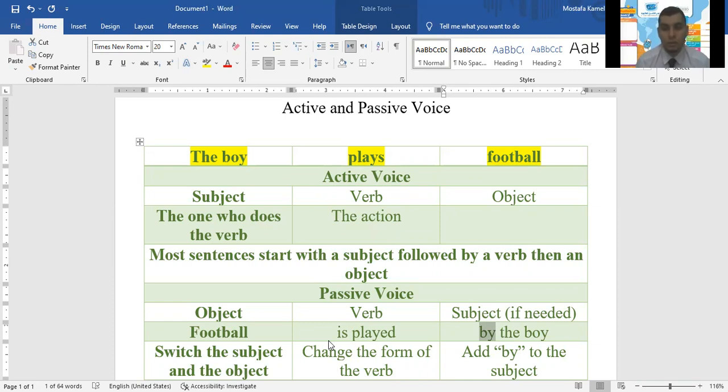Mr., I don't understand how we change the form of the verb, or how we make object then verb then subject. You don't know how we make object, then verb, then subject? Okay, look, Shadi. Any sentence must have a subject and must have a verb. You just have to know them. You have to know the subject and you have to know the verb.